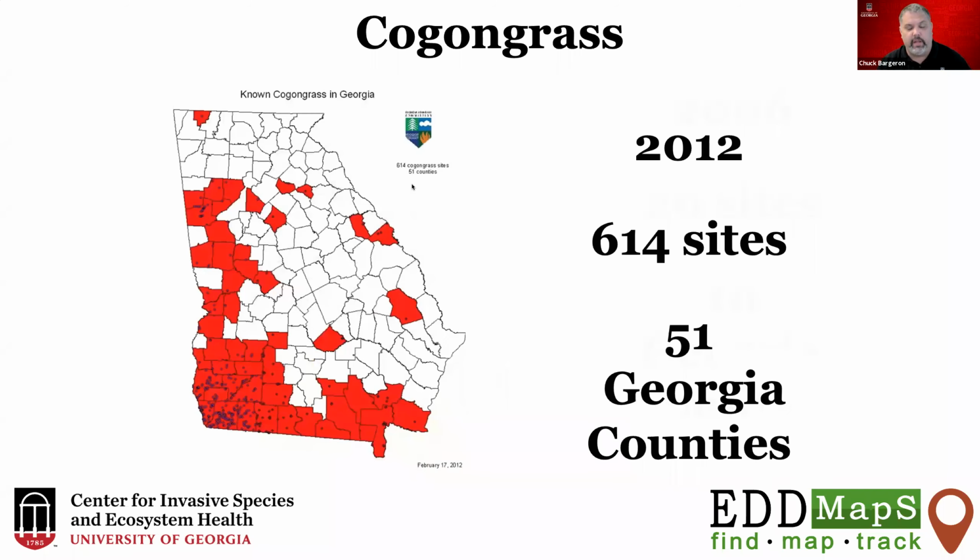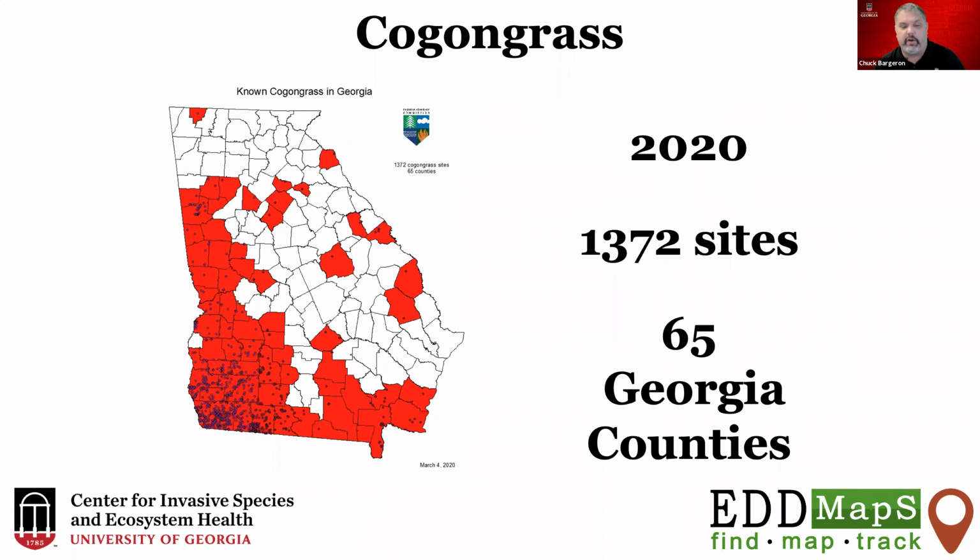Over time, from that, 6 years later, it went from 60 sites to 614 sites, but this was not as much about spread as it was about education. It became part of the educational program for anybody working in a forest arena. And so more and more landowners became aware of this. And because of that, yes, over this time period, it spread.